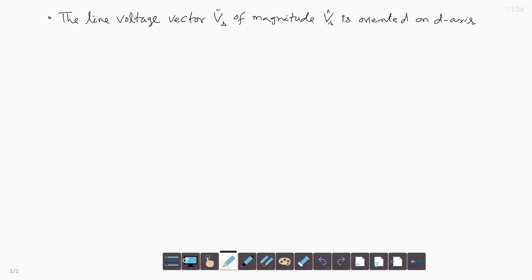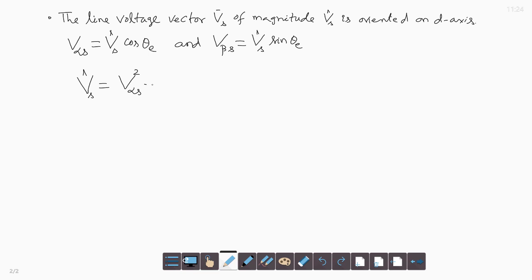So, we have V alpha s, that is Vs hat into cos theta e, and V beta s, beta axis component is Vs hat sin theta e. So, that Vs hat is square root of V alpha s square plus V beta s square,